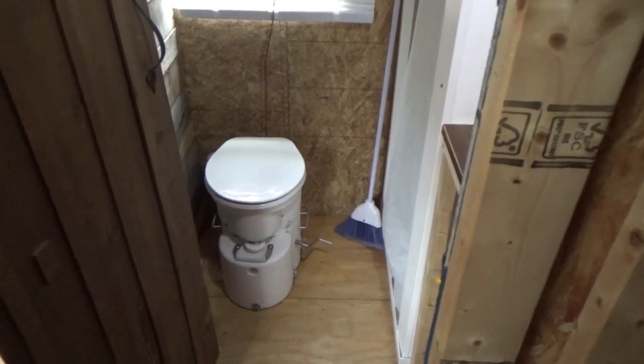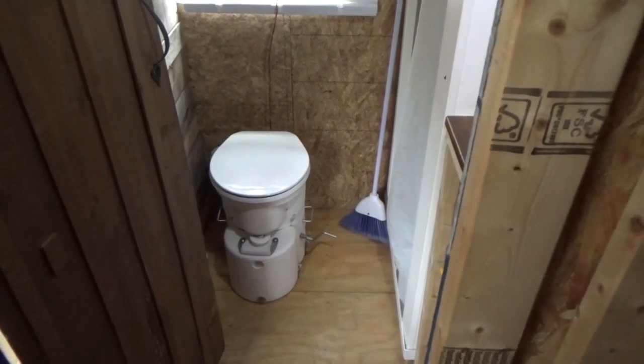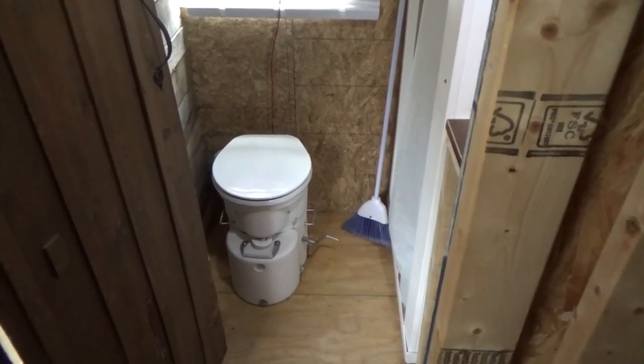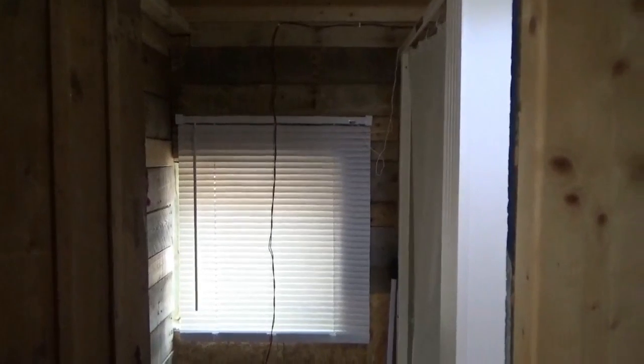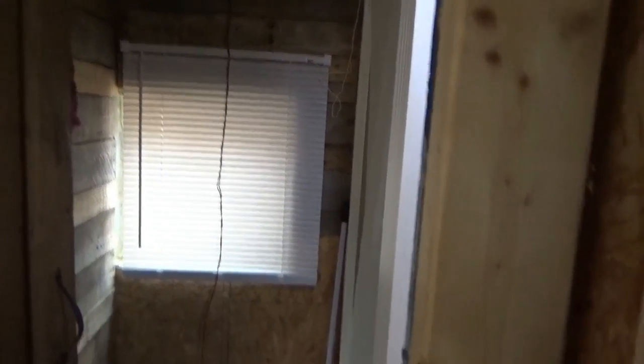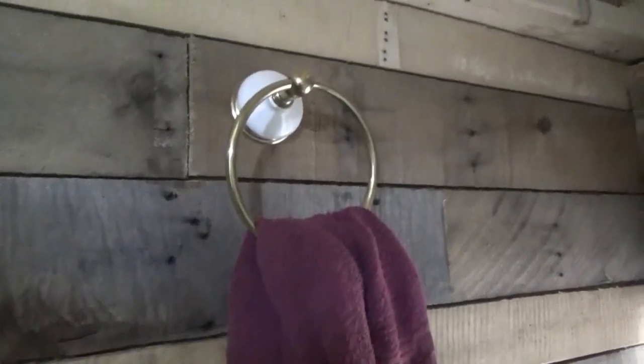Although the only odor I've noticed from the composting toilet is an earthy-like decaying odor. So some of the walls in here are done, and again I decided to work outdoors rather than in, so I had stopped working on the walls in here. But you can see, if I can get a good view, the pallet wood walls and the porcelain and brass fixtures in here. I've got the toilet paper holder there, the porcelain brass